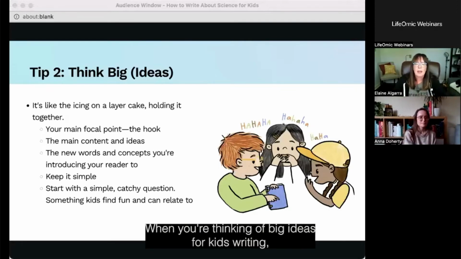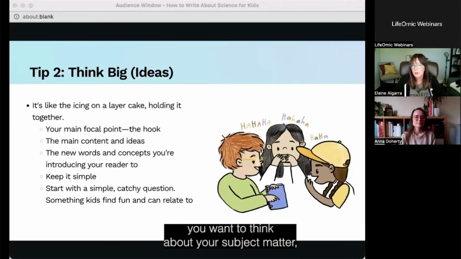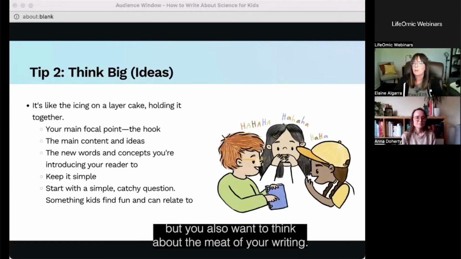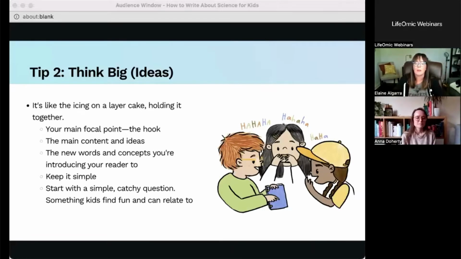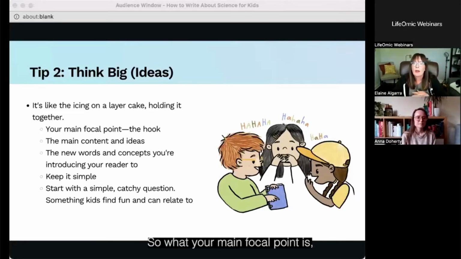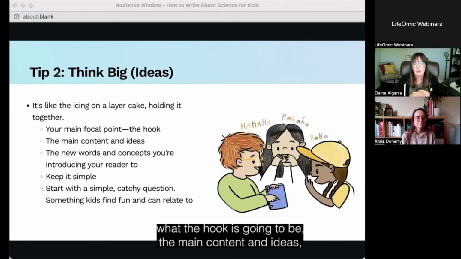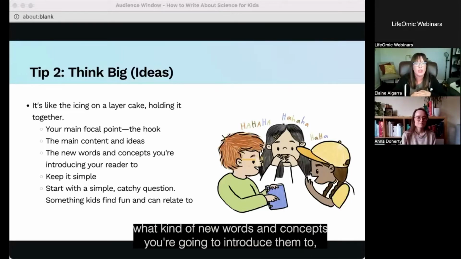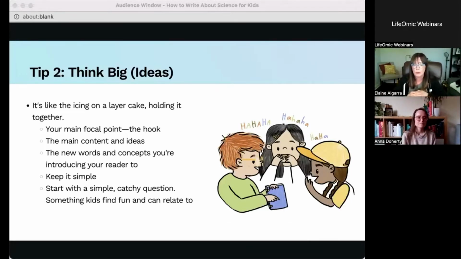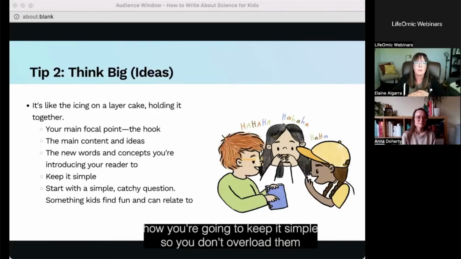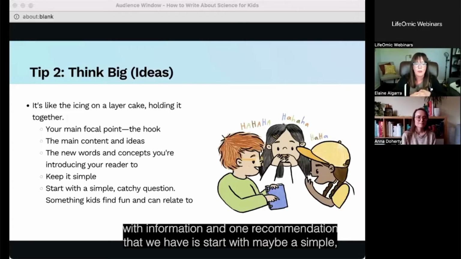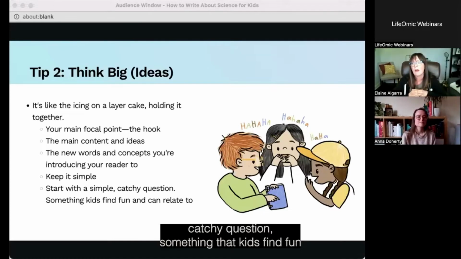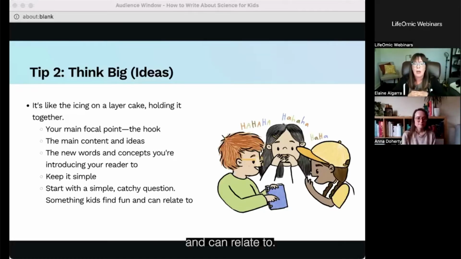When you're thinking of big ideas for kids' writing, you want to think about your subject matter, but you also want to think about the meat of your writing. So what your main focal point is, what the hook is going to be, the main content and ideas, what kind of new words and concepts you're going to introduce them to, and how you're going to keep it simple so you don't overload them with information. And one recommendation that we have is to start with maybe a simple, catchy question,